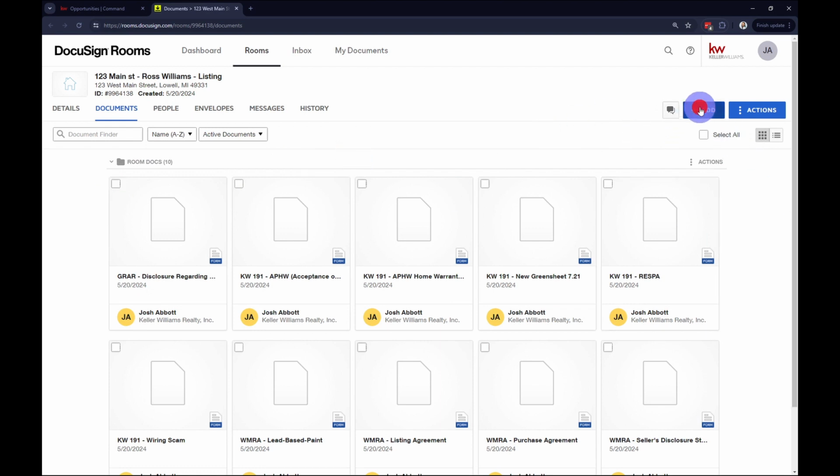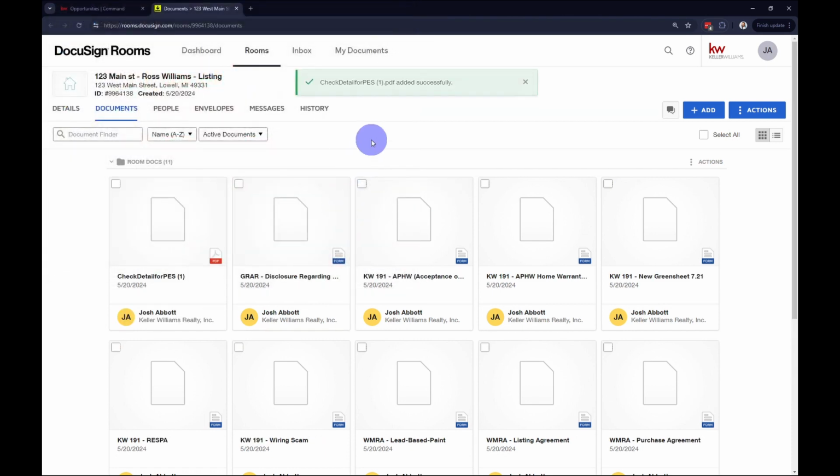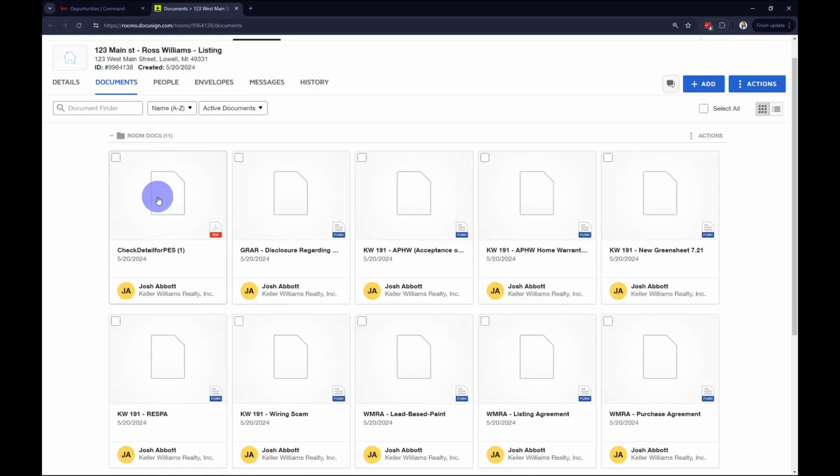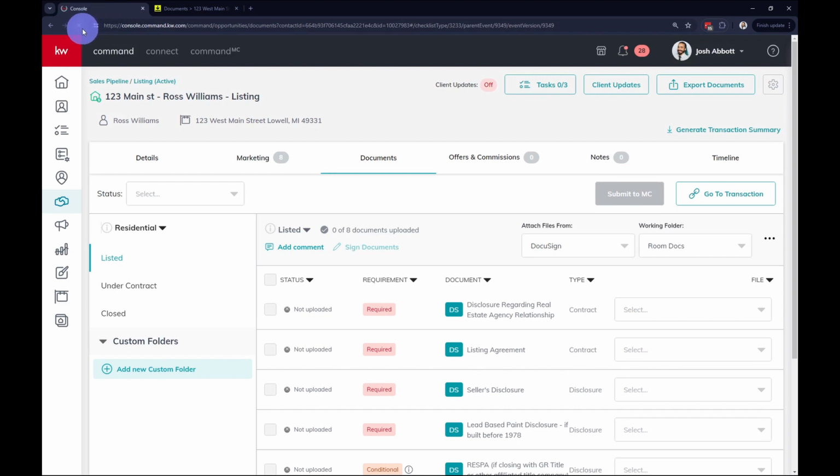And once that's complete, or if you have a signature to upload, I'll show you how to upload a signature. We can just go ahead and hit the Add button, Computer, or if there's a form that you need that's not available on this list of 8 or 10 here, there's hundreds of them in the DocuSign Forms section. But for now, we're going to go to My Computer, and I'm going to go ahead and upload whatever this is. And now this document here, this check for detail, that is going to be that file we just uploaded. Now what I'm going to do right now is go back into Command, refresh the page,